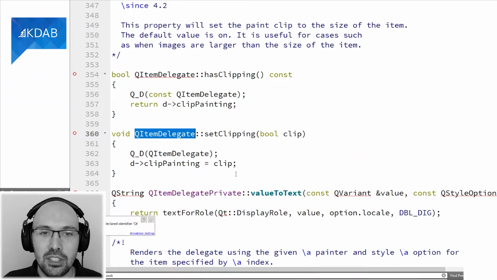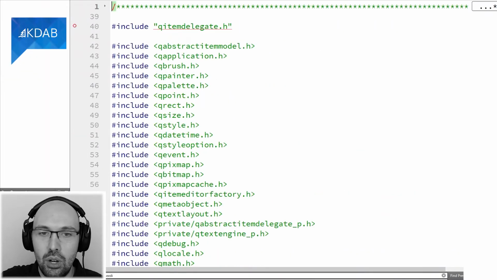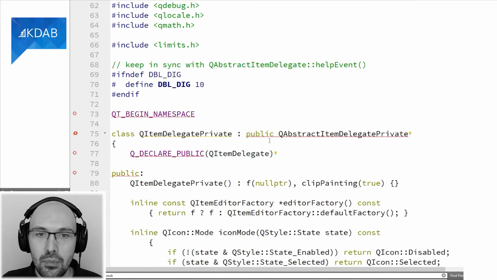So suppose that you want to dig into that. You found the QItemDelegate and you want to find the counterpart. By convention, this counterpart can only be in a maximum of two places inside Qt. One easy way that we're going to see right here for QItemDelegate is that the private class is actually just defined inside the C++ file. So if I open QItemDelegate.cpp and I scroll all the way up to the top, here it is.